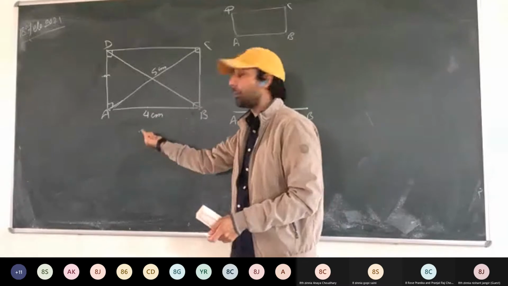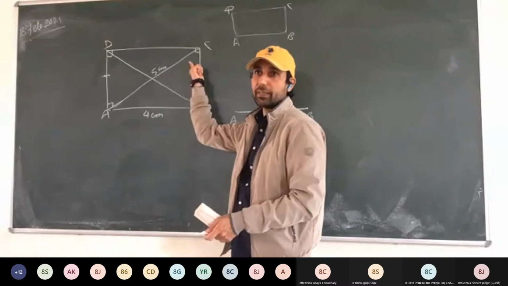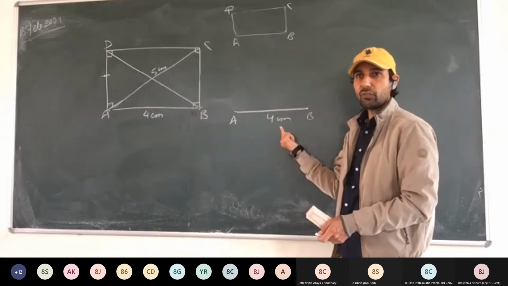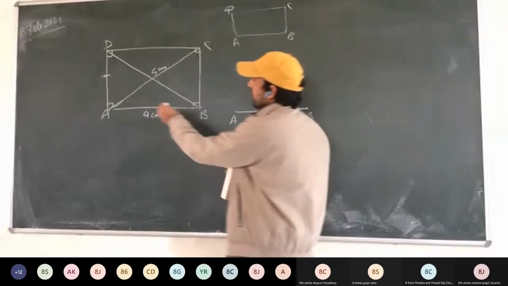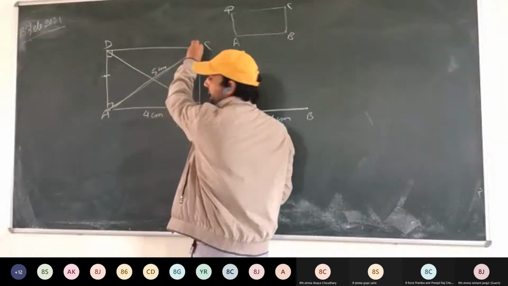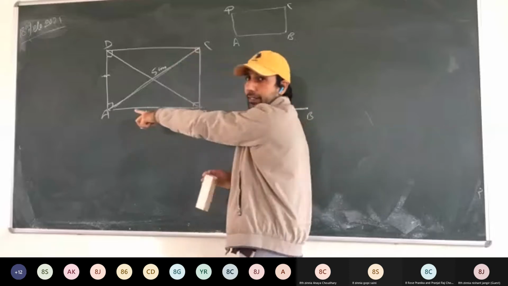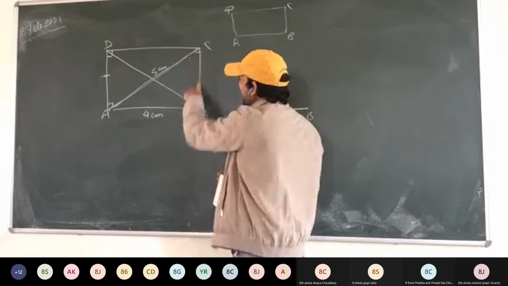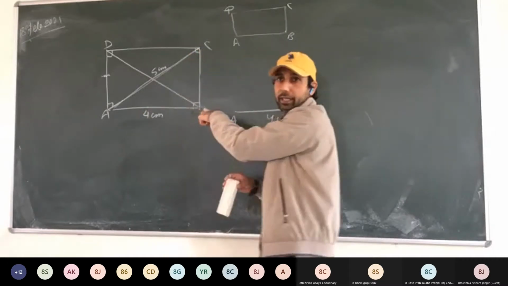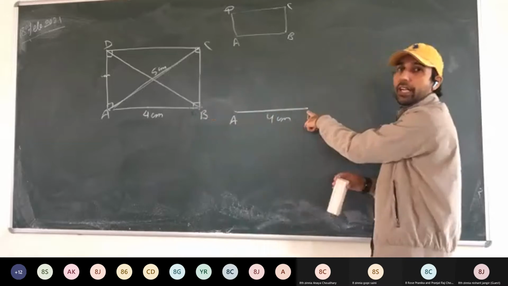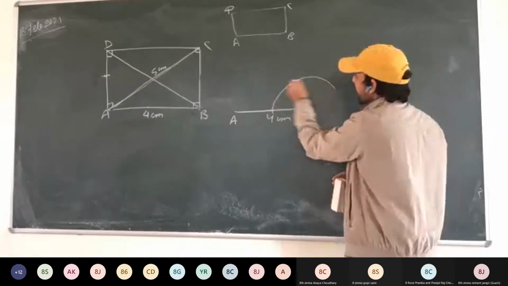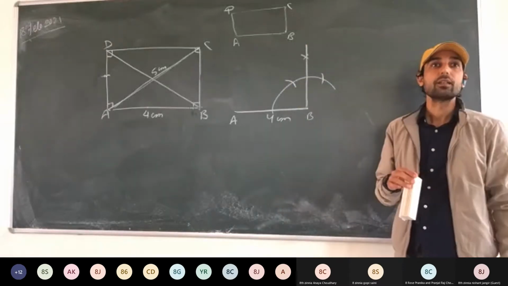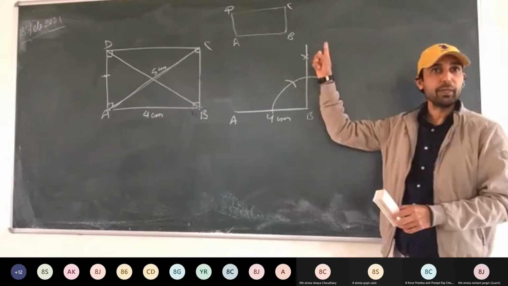That 12 centimeters we will consider afterwards. So if AB equal to 4 centimeters and AC equal to 5 centimeters are provided, AB we have drawn 4 centimeters. Now AC is 5 centimeters. C is how far from A? 5 centimeters. And where does C lie? It lies on the perpendicular to AB. So at B we will draw an angle of 90 degrees. We have drawn the 90 degree angle at B.